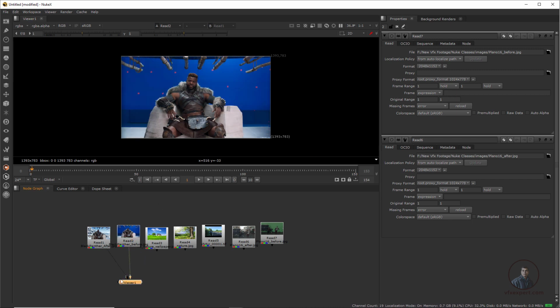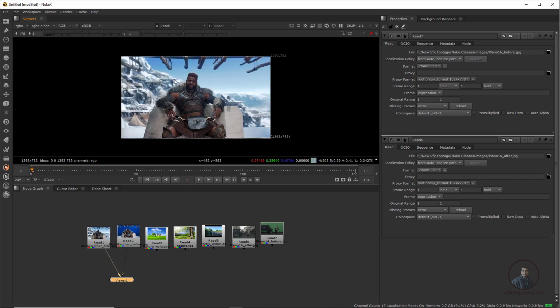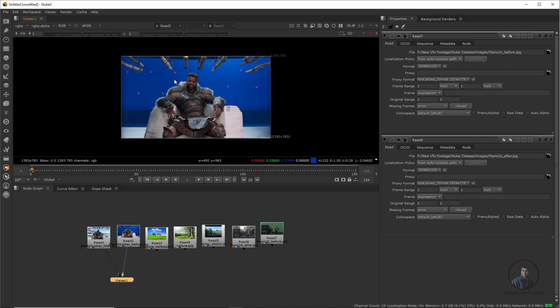Now if you look downside, we have connected 2 images with this single viewer. Then after that, place your pointer or cursor in this viewer, then press 1 and 2. This will automatically switch between your images 1 and 2. So now I have placed our cursor here. Now press 1, so this will display image 1, and if you press 2, this will display image 2.